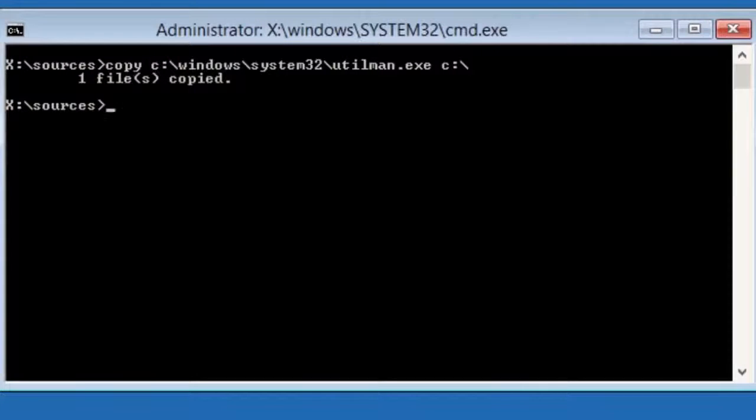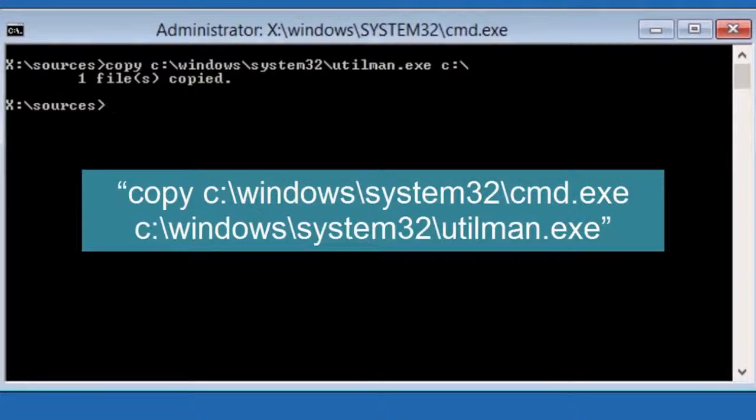Next, we will copy the command prompt executable cmd.exe and overwrite it on the Ease of Access executable utilman.exe. At the prompt, enter the following command without quotes. Copy space C:\Windows\System32\cmd.exe